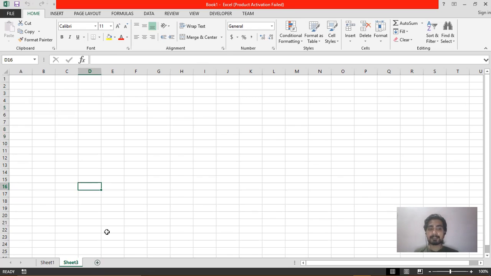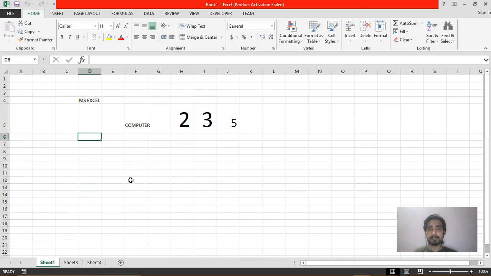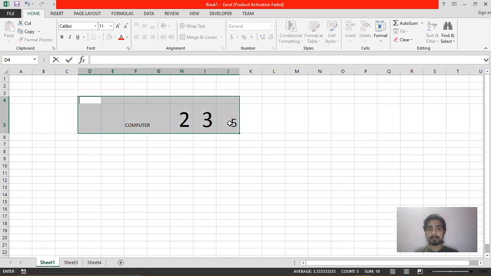And the collection of worksheets is known as a workbook. So right now, these Sheet1, Sheet3, and if I add more sheets, then this collection of sheets will be known as a workbook, and a single sheet will be known as a worksheet. So these are the major components of the MS Excel application. So let's move further and let's see the second option, that is the different data types in MS Excel.